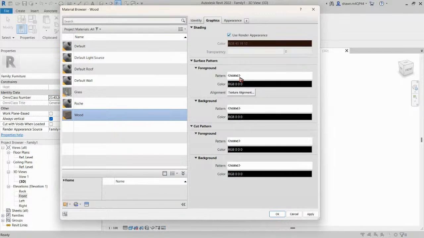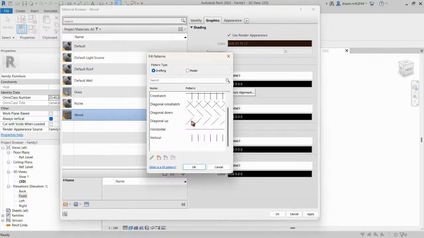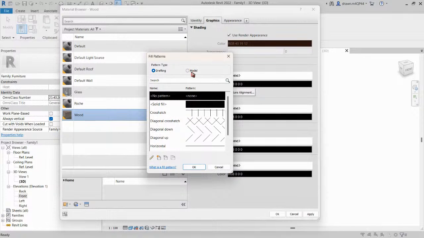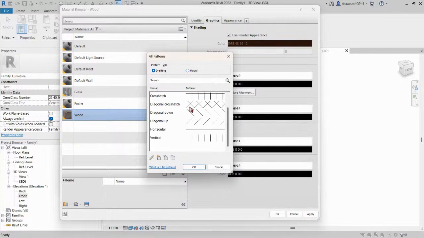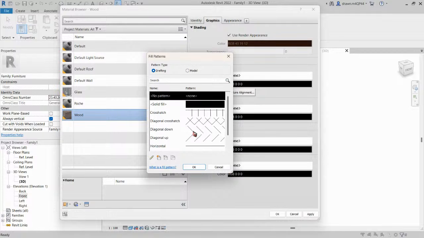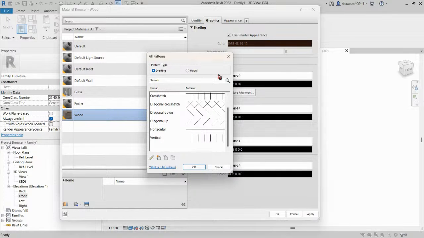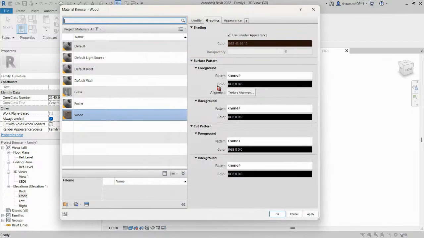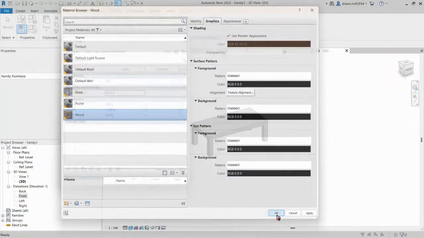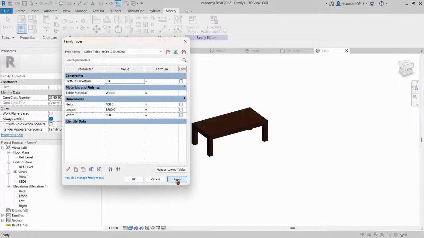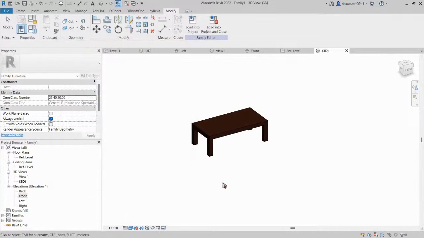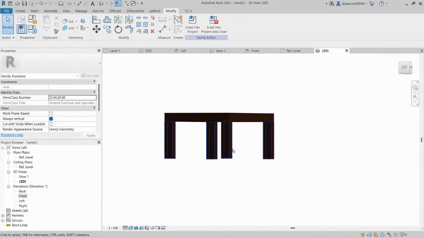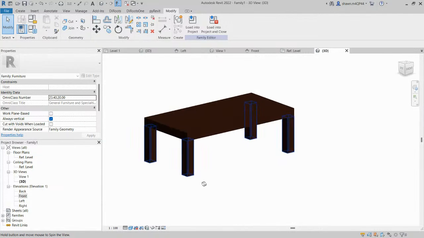Then we can also change the surface pattern. Let's try to select. I think this will do. I do not have any available pattern for wood right now. So I'll just leave it here and I'll click OK. Then apply. And okay. So as you can see, we have one type of the table